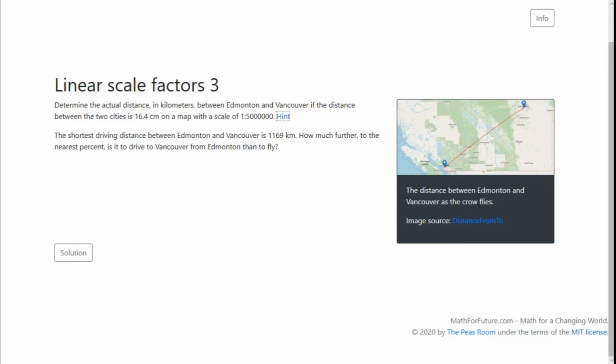The shortest driving distance between Edmonton and Vancouver is 1,169 kilometers. How much further to the nearest percent is it to drive to Vancouver from Edmonton than to fly? Right? So here,